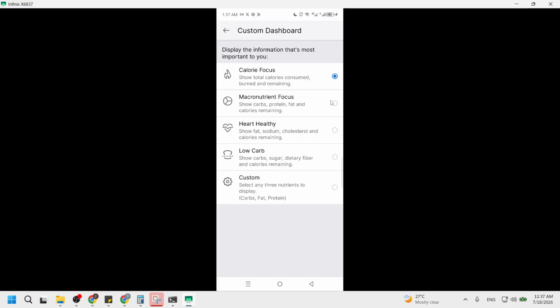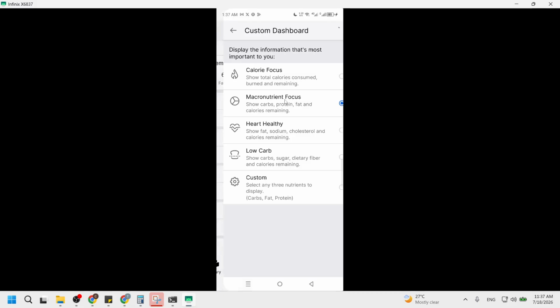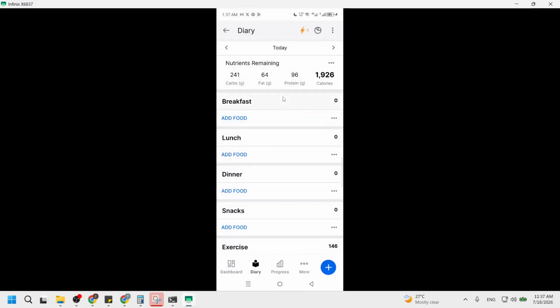Next, make sure to select Macronutrient Focus from the menu that appears. This option will change your view to emphasize macronutrients rather than just calories. By focusing on macros, you can better understand the balance of carbohydrates, fats, and proteins in your diet. This is a crucial aspect of nutrition, especially if you have specific dietary goals such as building muscle or losing